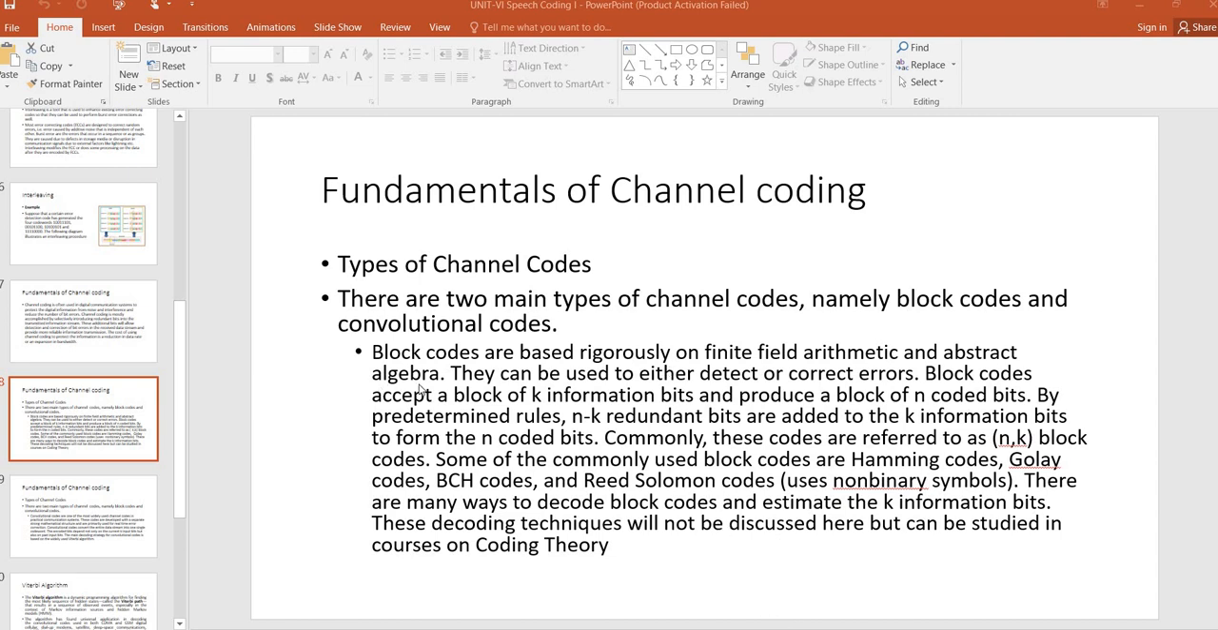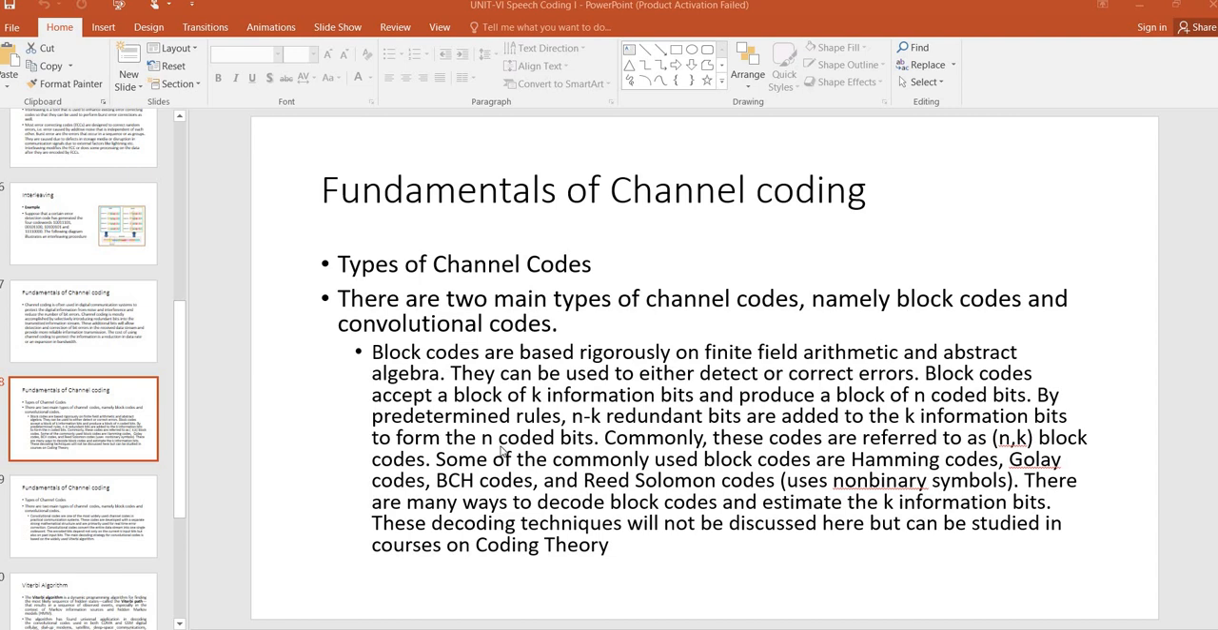And last class, we already learned about the fundamentals of channel encoding, types of channel code. In this channel code, there are two types of channel code, namely the block code and convolutional code. In the block code, there are some Hamming codes and these things we already explained in the